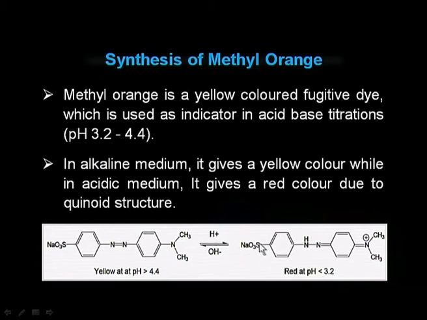Actually, in presence of acid, this H plus is added, or protonated, at the lone pair of electrons on this nitrogen. This H plus has come over here. As a result, the molecule now has a positive charge, and there is also development of a quinoid structure which enhances the color in the molecule, and that is why in acidic medium this methyl orange shows red color, whereas in alkaline medium it is a yellow color pigment.